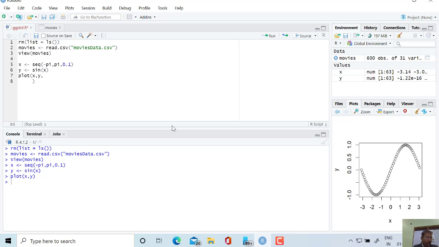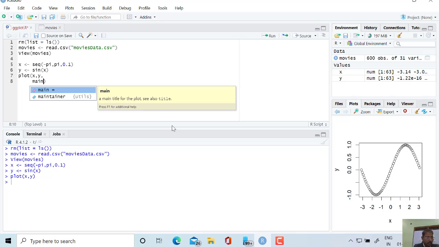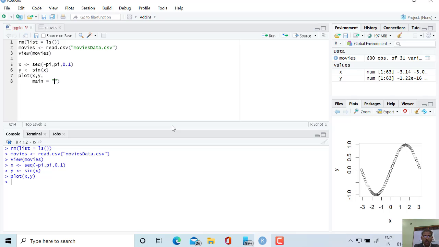So, what can we do for that? Just like before, I can write the main function here to attach the heading at the top. So, I am plotting a sine curve, therefore, I am writing plotting sine curve.